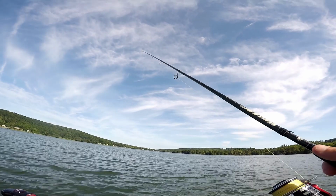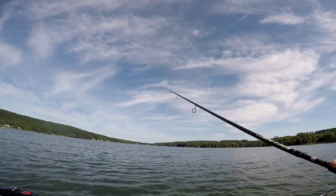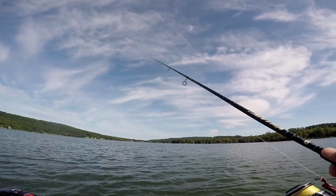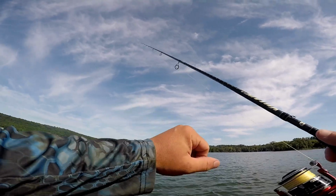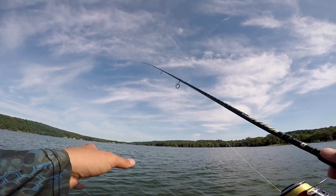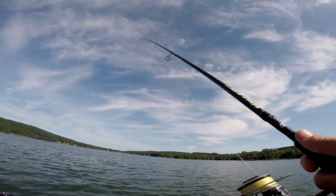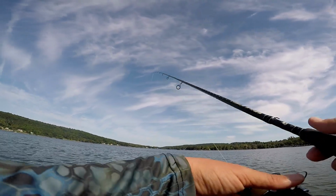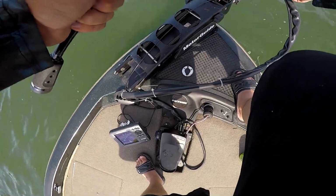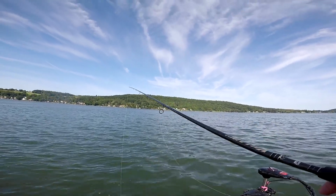So what's happening here is we're struggling on the Senko, and that's usually the whole bite here. So I like to give it a good fair shot. And we were about 4 hours in with 4 fish. And I finally decided, I was like, you know what, I'm just gonna transfer over. Let me throw the drop shot for a little bit, see if I can pick up anything. Now I picked up 2 fish back to back, and unfortunately I just wrapped my sinker around the trolling motor because I'm an idiot. But 2 fish back to back on that Gunki bait